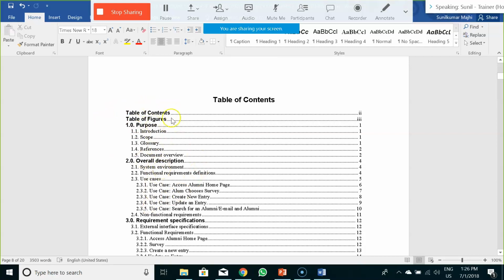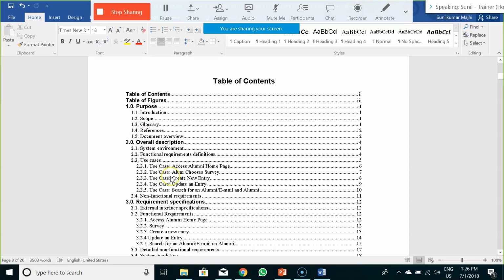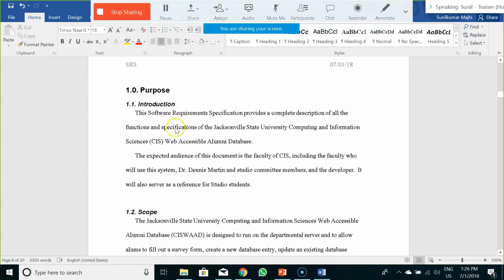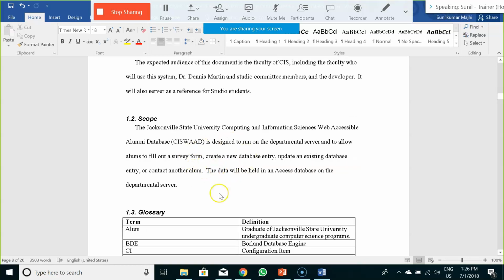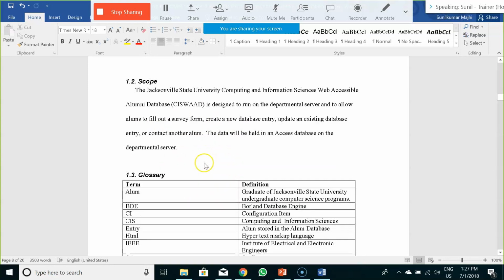Then you have this table of contents, like purpose. You would be having what's the purpose of this particular requirement document, like what this is intending to do, what the system is all about. So here you have to put more emphasis on the system rather than business. BRD would put more emphasis on business, but here the purpose has to be building up of a system in and around the business context. So your introduction would be more from a perspective of a system. The scope would again be more from the perspective of a system rather than what are the business flows or business process. Those all things would go into the BRD document. Here you have to describe the system scope.